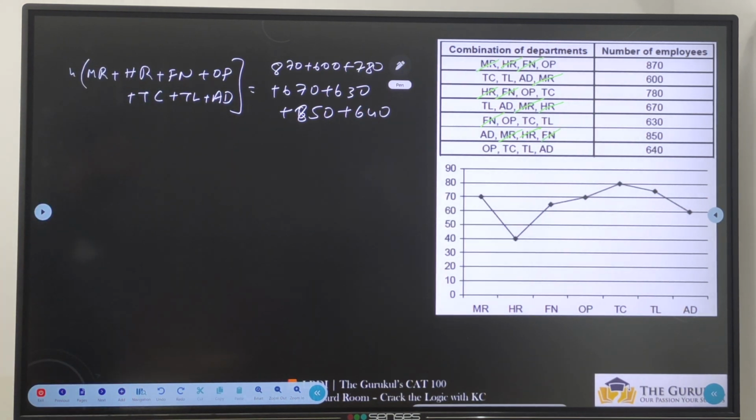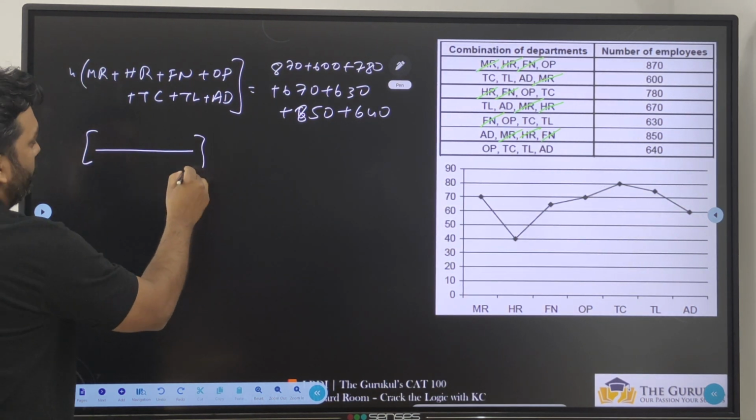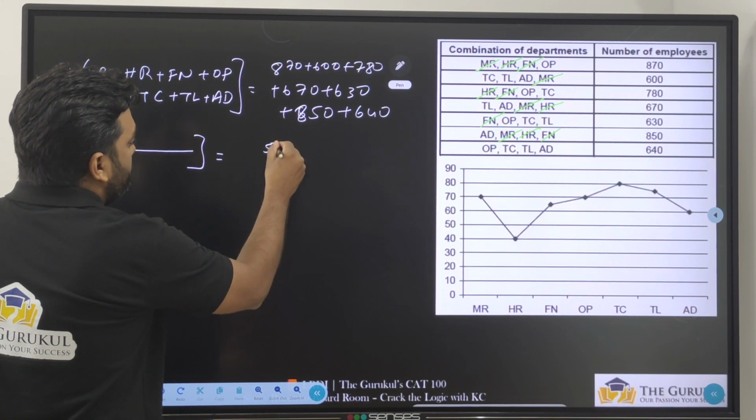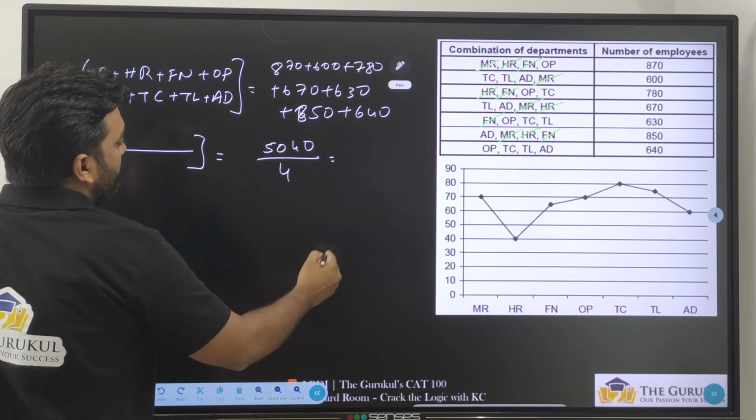Yes or no? That's a basic information. So the sum of all these values should be equal to, quickly find out the sum of all the numbers. Perfect. This will be equal to 5040, and here 4 is there, that 4 will come here,